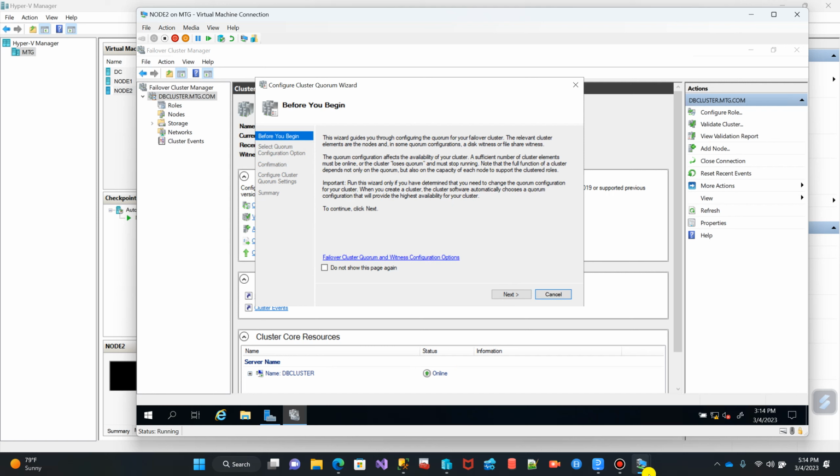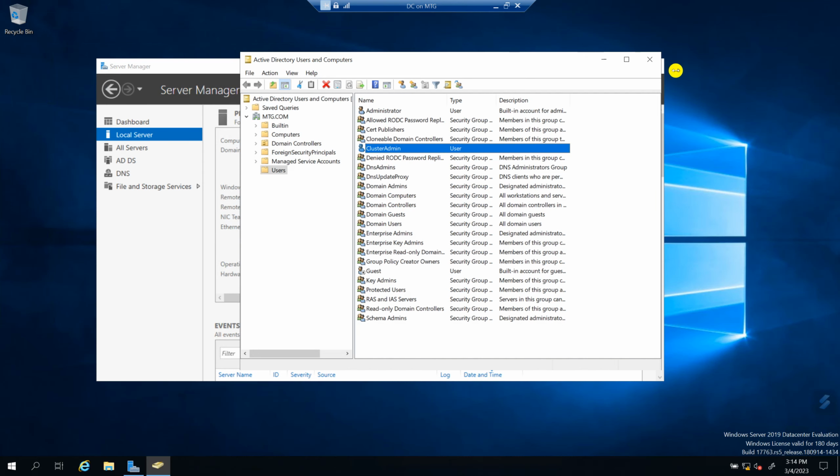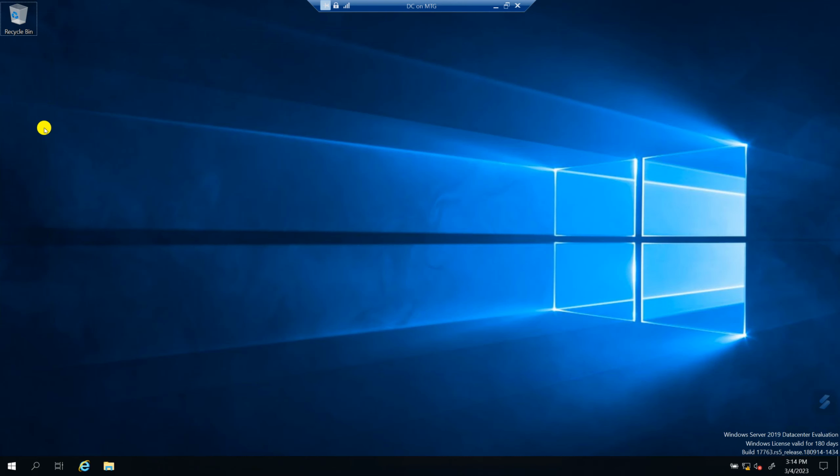So what I will do, I will go in my DC, which is my domain controller, and right here, I will create a folder, and I'll call this file share witness,